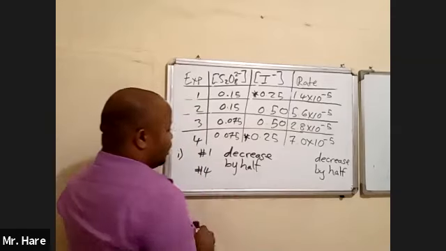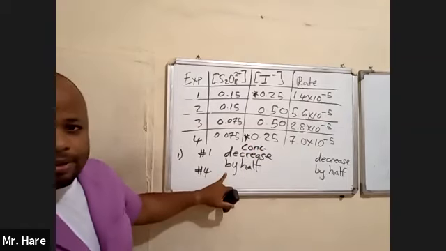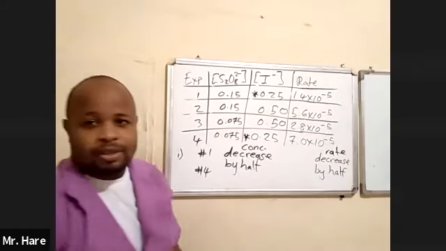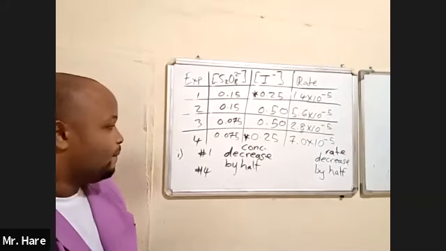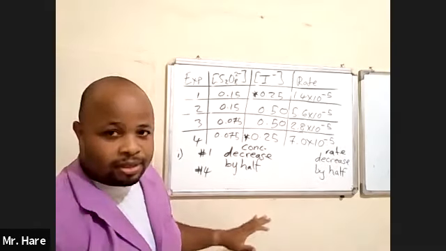All right. So the concentration decreased by half. The rate decreased by half. So it is directly proportional. And once it's directly proportional, it's first order. First order. So that's it for the first order, and that is how we got it, right? So for first order, the rule is